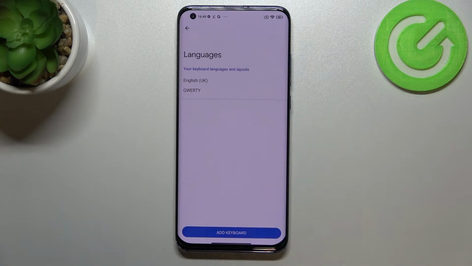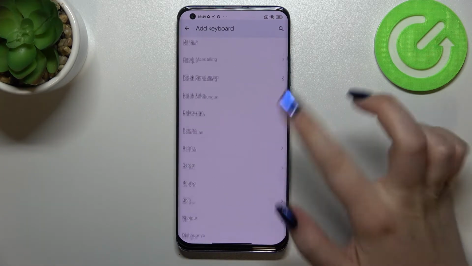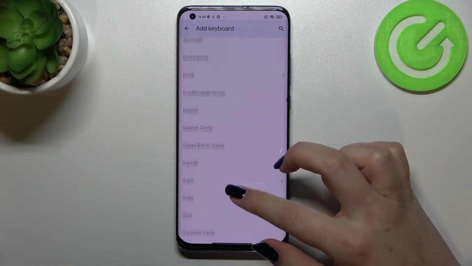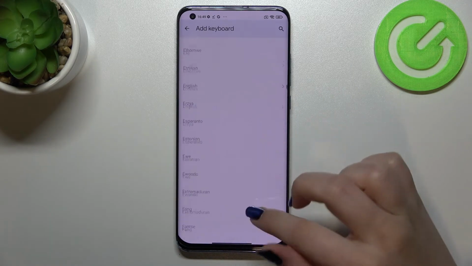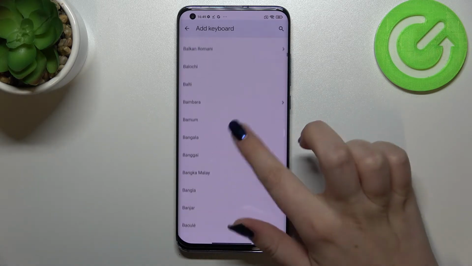Now we have to tap on the languages, and as you can see, here we've got the list of currently added languages. We've got only English right now, so let's tap on add keyboard, and as you can see, we've been transferred to the full list of all available languages from which we can choose. And all we have to do right now is to simply find the language we would like to set and